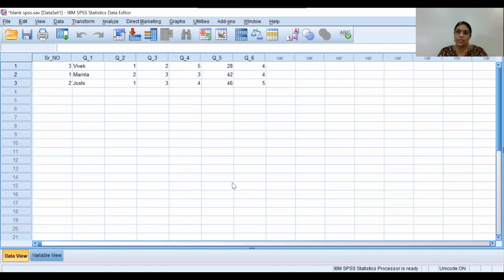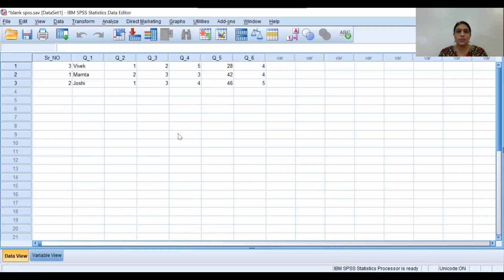I planned my session so that within one session I can give an overview of all the techniques. SPSS is a very easy software, highly used by researchers for data analysis. Univariate, multivariate, bivariate, graphical representation, checking the assumptions, everything can be done with the help of SPSS software.